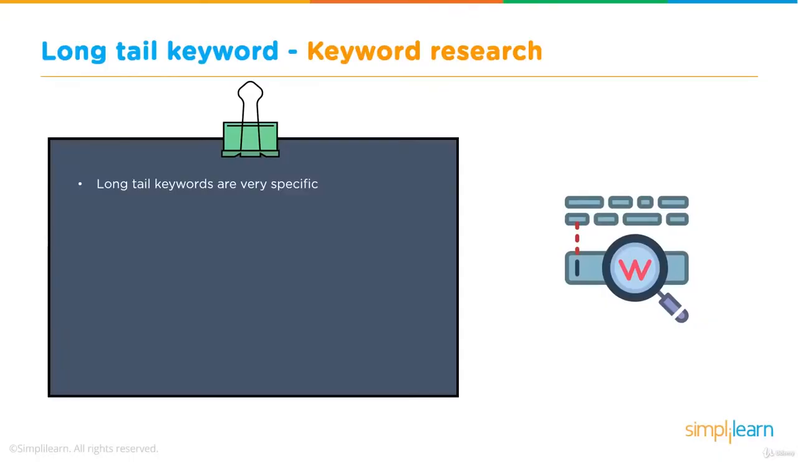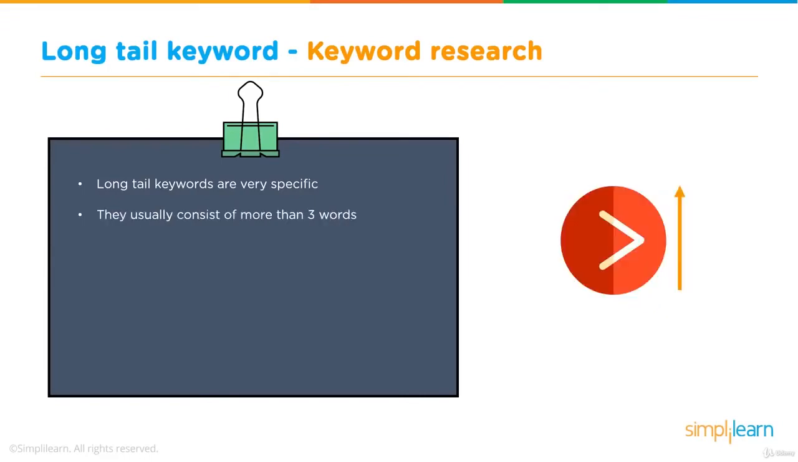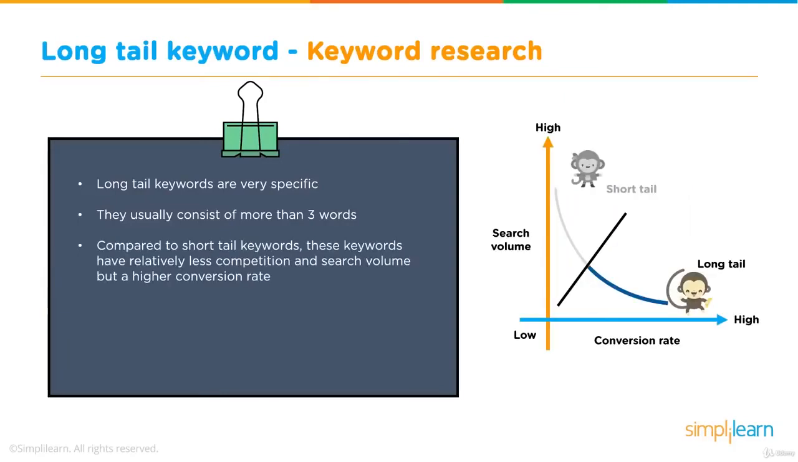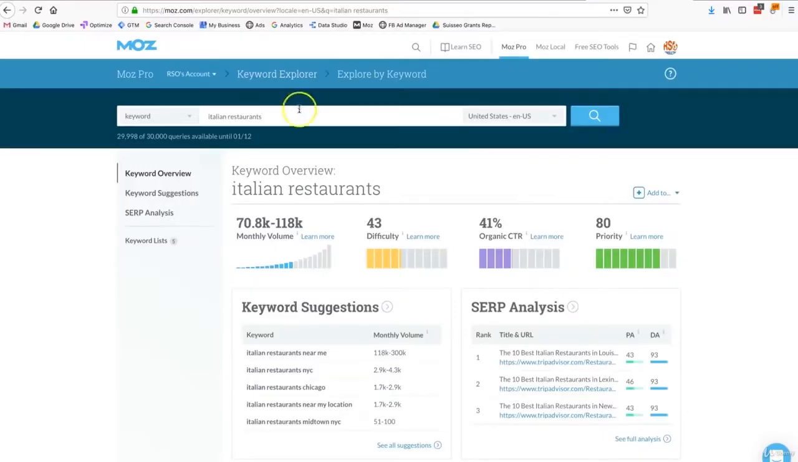So longer tail keywords are more specific. They usually consist of more than 3 keywords. So Italian restaurants, very generic. If we add a few more keywords to that keyword phrase, it then becomes longer tail. So compared to short tail keywords, longer tail keywords are generally less competitive and the search volume is not as high. Case in point, if we go back to Moz and look at the Keyword Explorer,